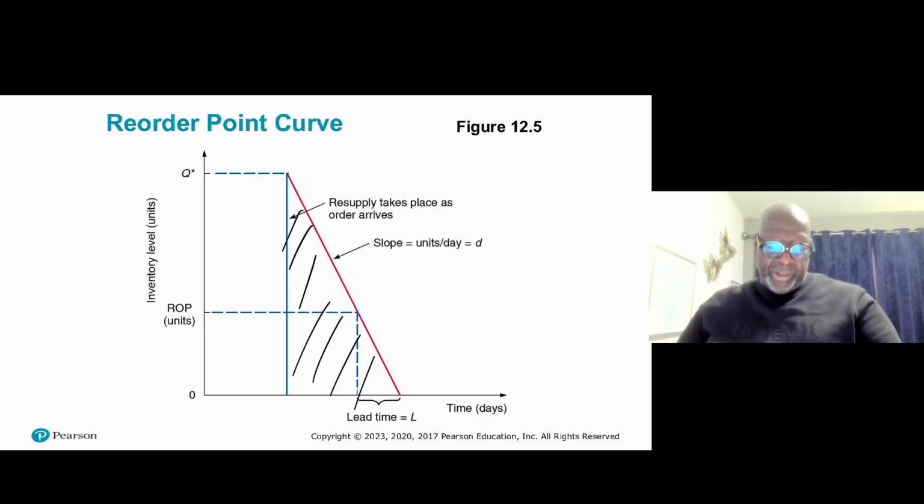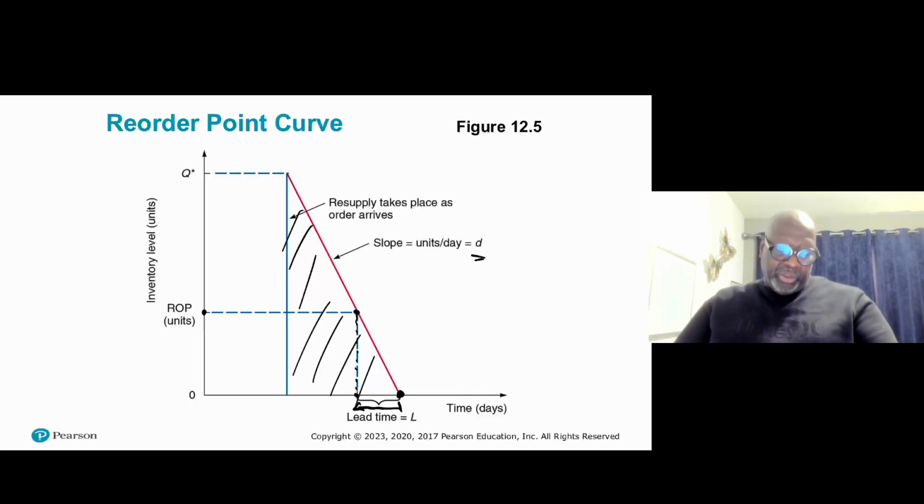So we have our inventory being used up at a constant rate. The slope is D. All right, that's the D units per day. And then knowing what the lead time is, we want the inventory to arrive at this point. So if our lead time is L, we sort of work backwards L units, which brings us to here. And then if we simply were to come up, butt up against this graph, that tells us what our reorder